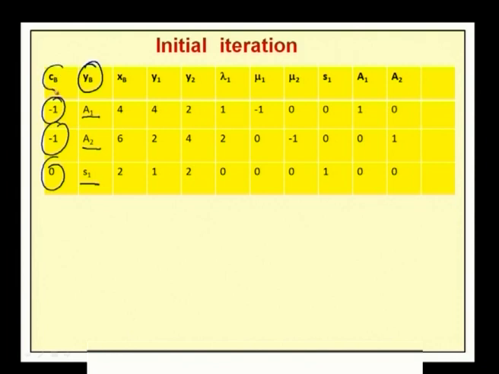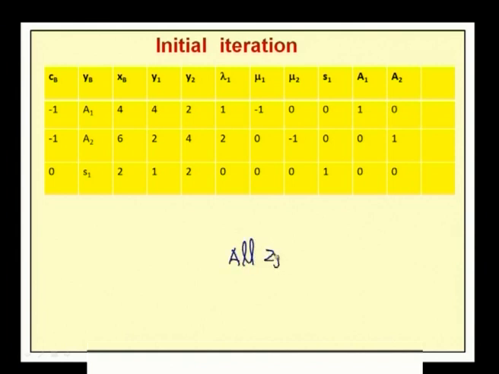So, CB is the cost of the basic variable, and the solution value for these basic variables is 4 for a1, 6 for a2, and 2 for s1, and by collecting the corresponding coefficients, we will get the initial simplex table this way. Now, we try to improve the optimal solution for the given linear programming problem. So, in order to get the optimal solution, the condition is we have to check that all Zj minus Cj should